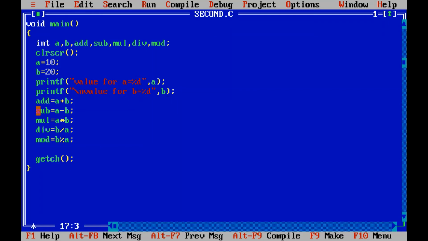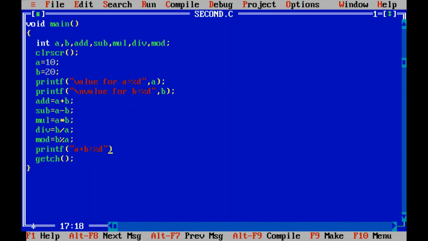Now I'm going to print the addition answer first, so I'm going to write printf, addition is, or I'll print a plus b equals to, and here I want to print an answer, so I'll use %d, that is your format specifier.